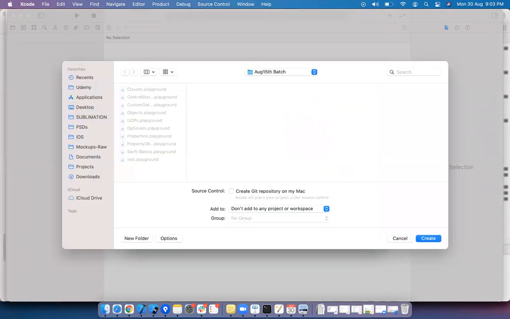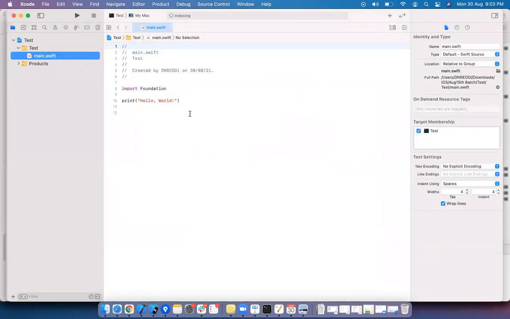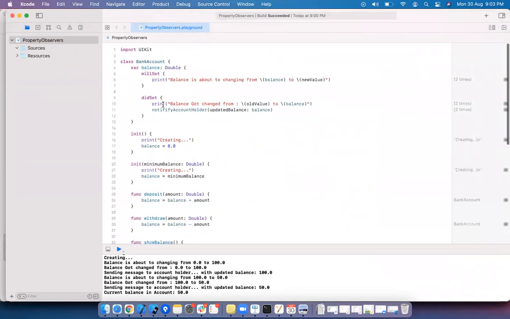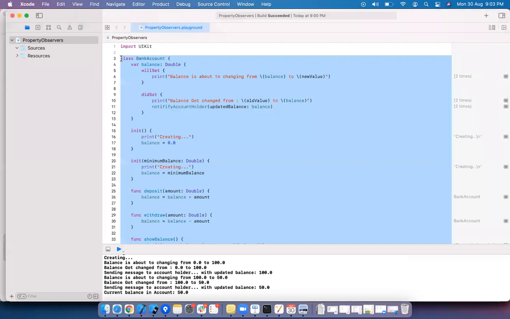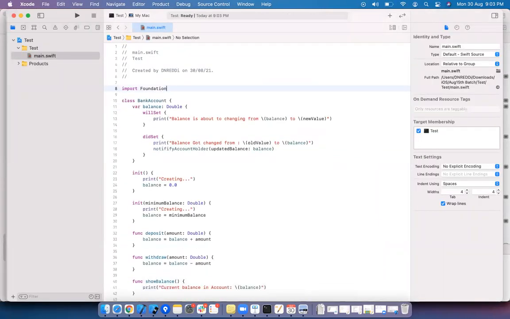Main.swift, here I'll add that. I'll just copy paste the same. Let's run it.